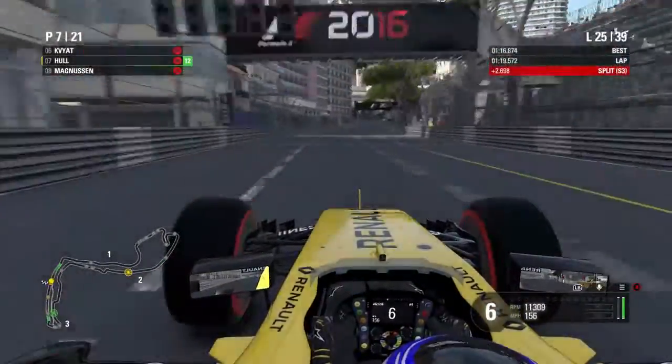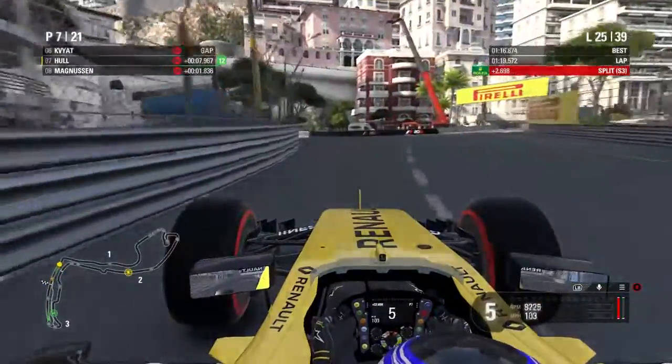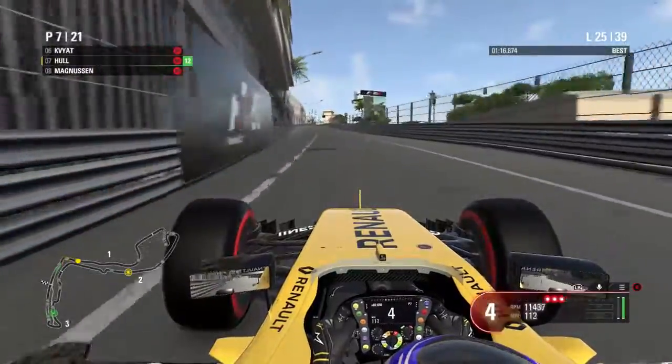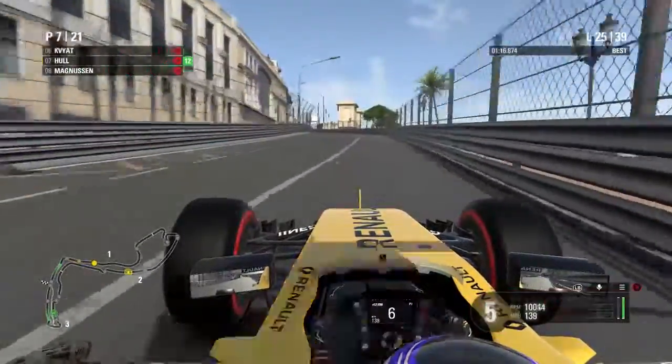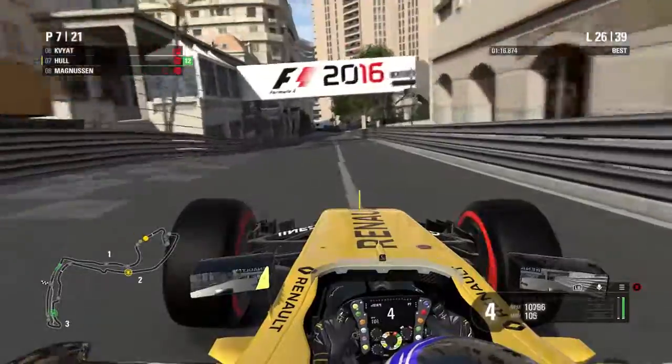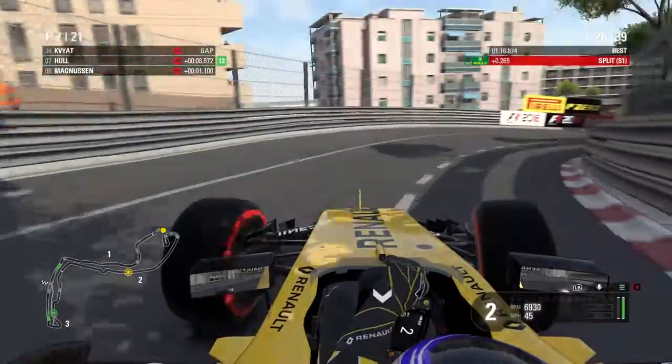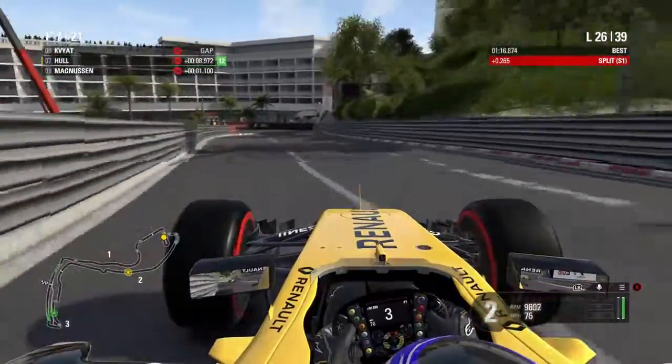As we go into lap 25, though, we've started losing time to Danny Kvyat again. The gap's back up to 8 seconds, and the super soft tyres really just started wearing out. I don't know if I went too hard too early on that tyre, but essentially it wasn't looking good for us. But on to lap 26 now, coming into Mirabeau, and you can see